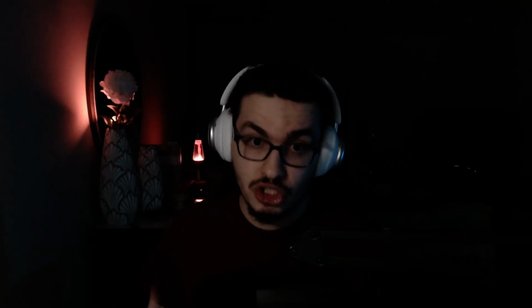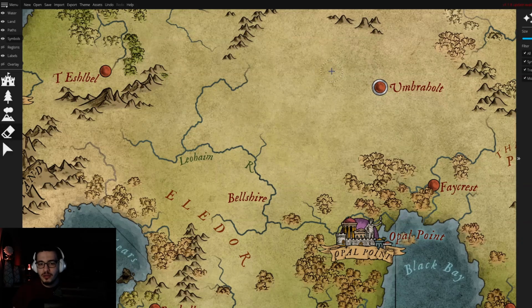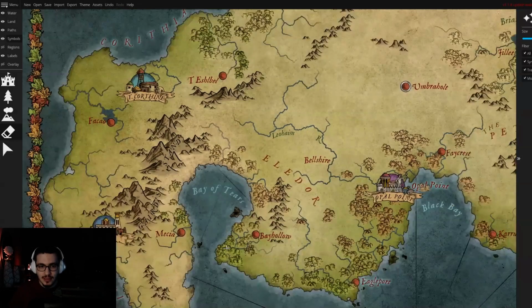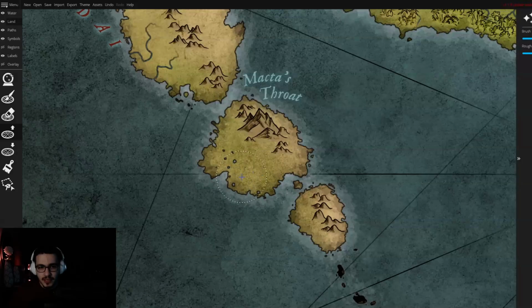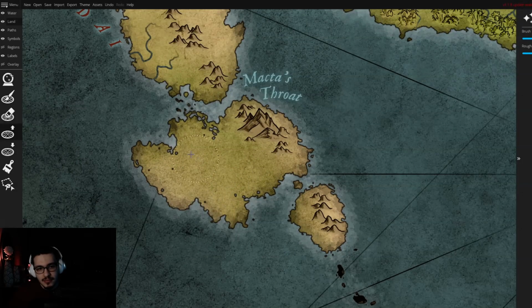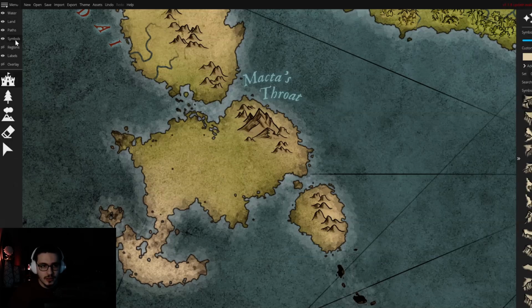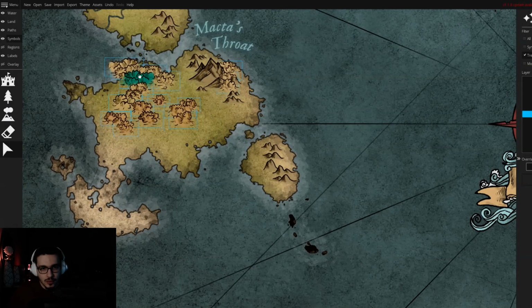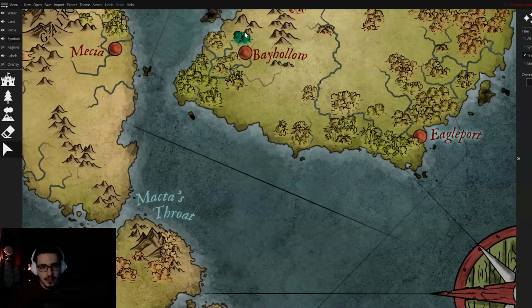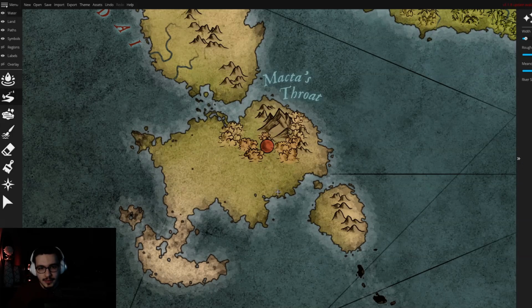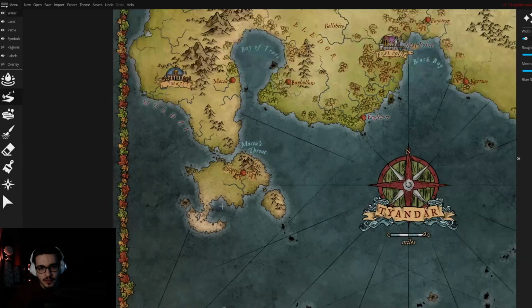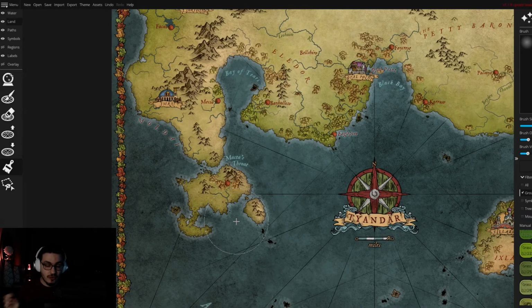Let's move to the next one. It allows instant changes. No more forest. You know, I don't want forest here. Easy peasy. That's it. Let me just make this island bigger, put some trees, maybe some settlements, and make it important for my story. So I can just do it. I can do it very easily. How quick it's gonna be. And then I can just take another one here, put it right here, add some rivers. That's it. Now I have another island. Easy peasy. It would take so much more time if I were drawing it by hand. Voila! This is another very good advantage.